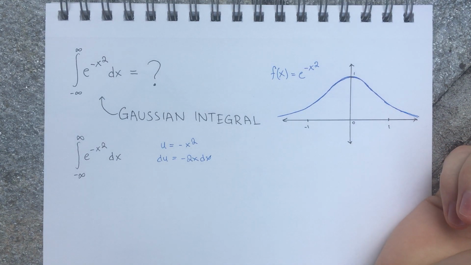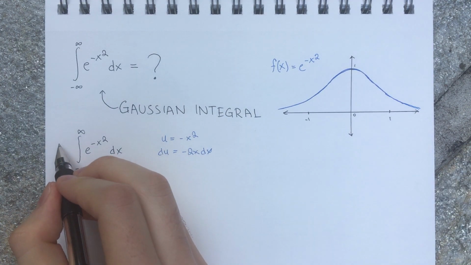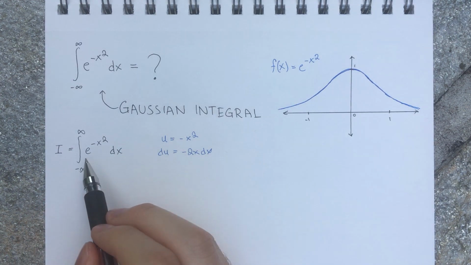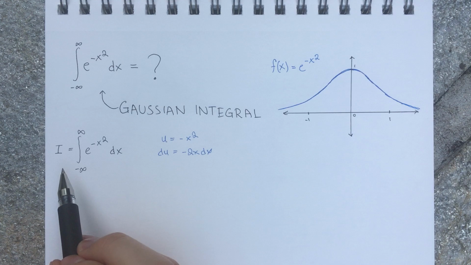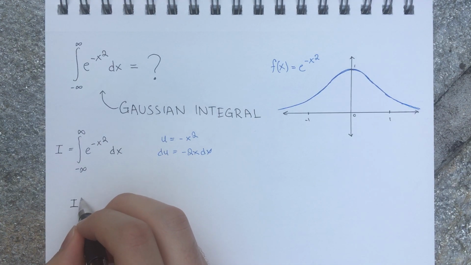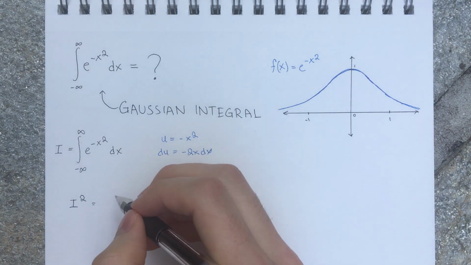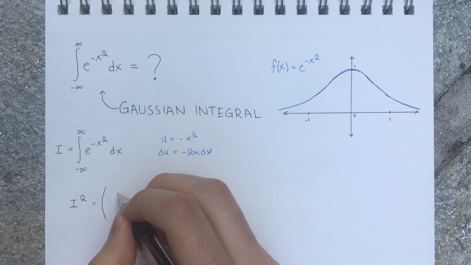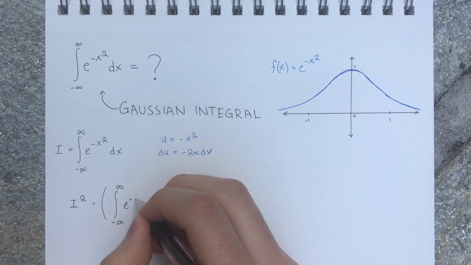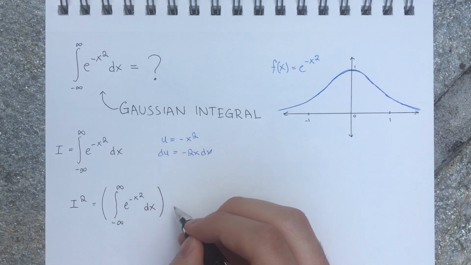So here is the trick that we're going to do. We're going to label this integral I, and we're actually going to look at I squared. So I squared is just this integral times itself. So if we write this big, that's one, and the other one,